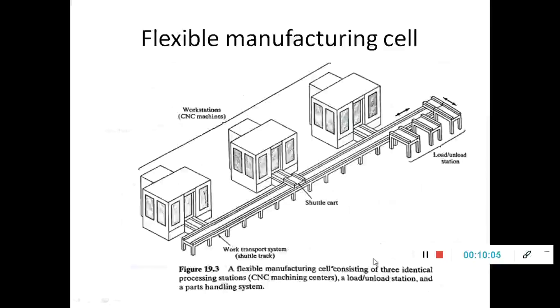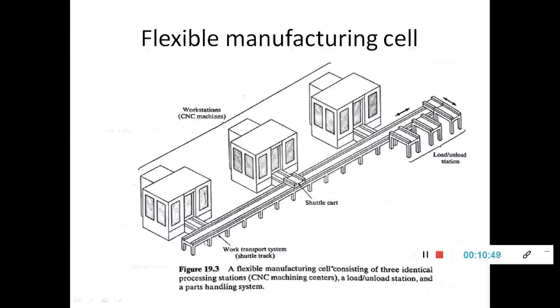Coming to the flexible manufacturing cell, as the name indicates, it consists of 2 to 3 machines, more than 2 machines. So 2 to 3 machines are connected internally with the part transfer lines, automated storage and automated material handling system. Here the number of workstations are interconnected with each other with a number of operations. Some of the operations on the product are going to be done in the first workstation, some of the operations are going to be done in the next workstation, and some of the operations are going to be done in the final workstation.